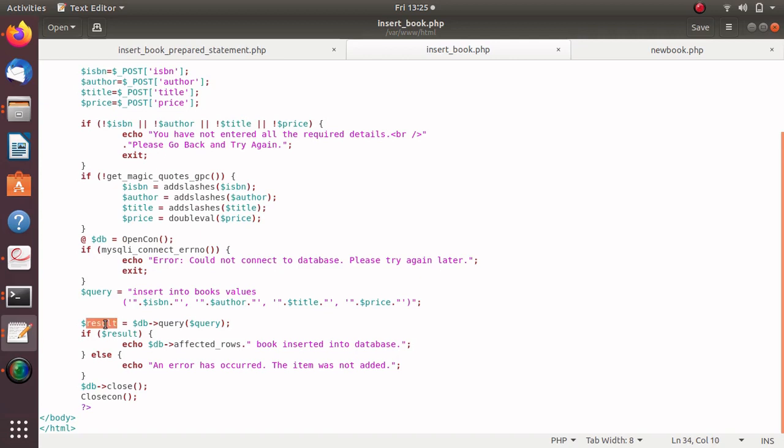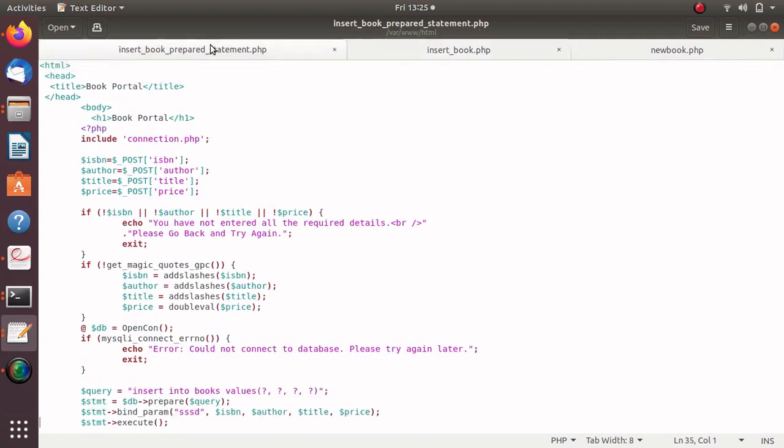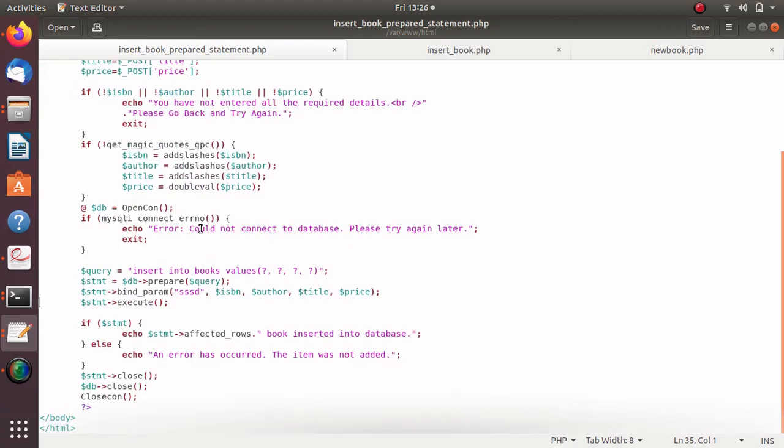We used the insert query and then we got a result, but in the case of a prepared statement we have to insert using a prepared statement. We will see what a prepared statement is in this video lecture.